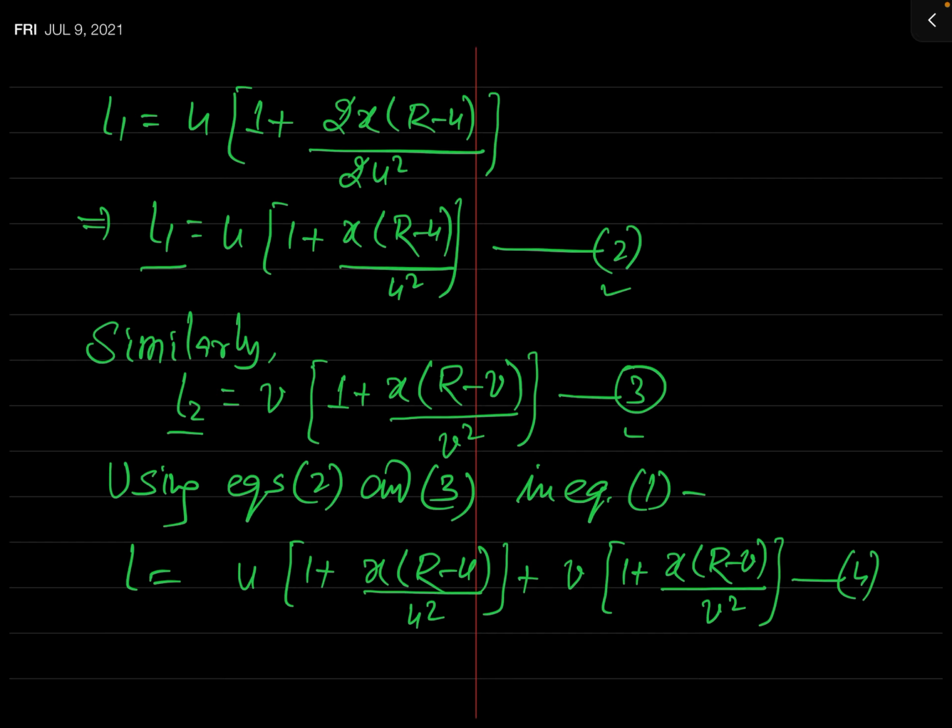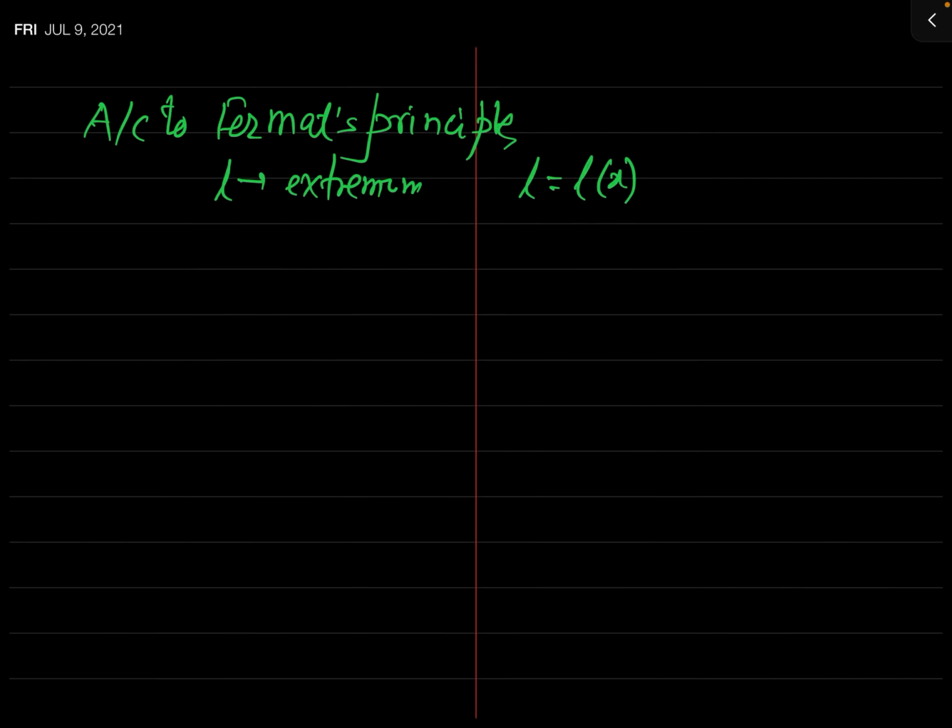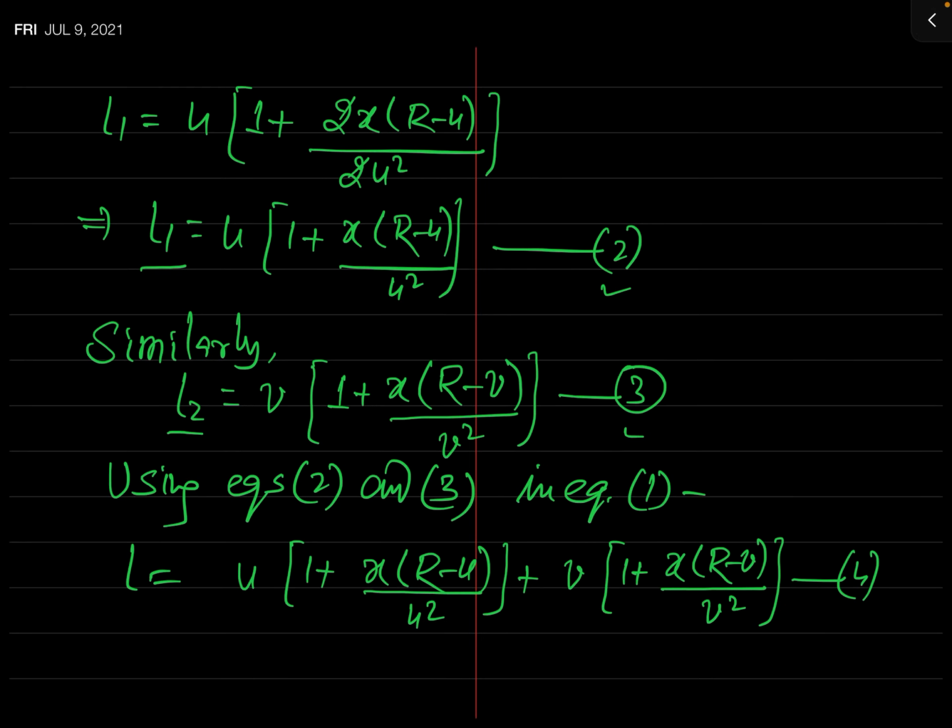So if L will be extremum, then you know from calculus that the derivative of this L with respect to X will be 0. Therefore dL by dx will be equal to 0. Now substitute the value of L, differentiate it, simplify it, and after simplifying we will get simply the spherical mirror formula. So let us put here the value of L. This is d dx, and what is L? You can see here, this is actually the value of L.